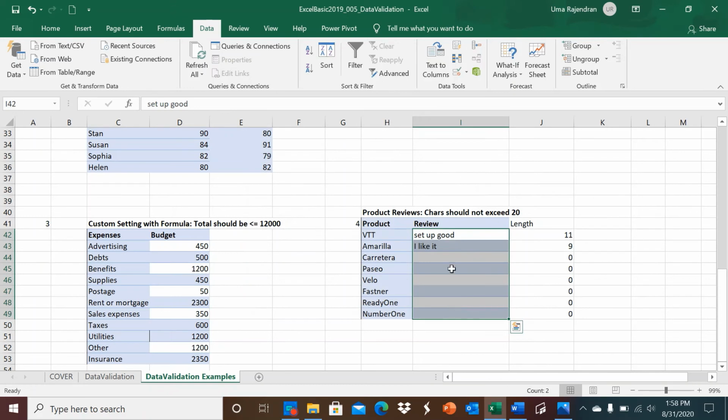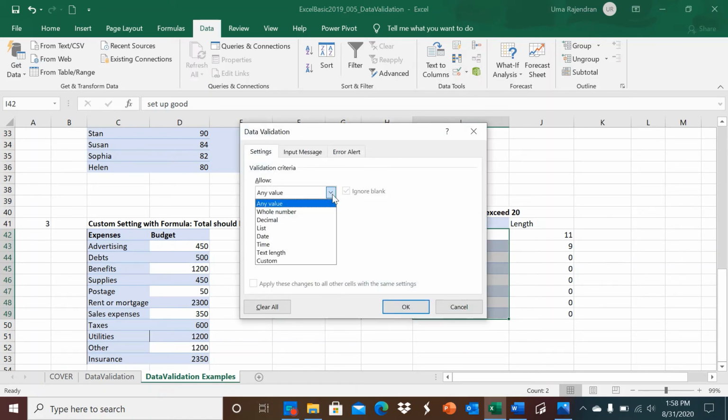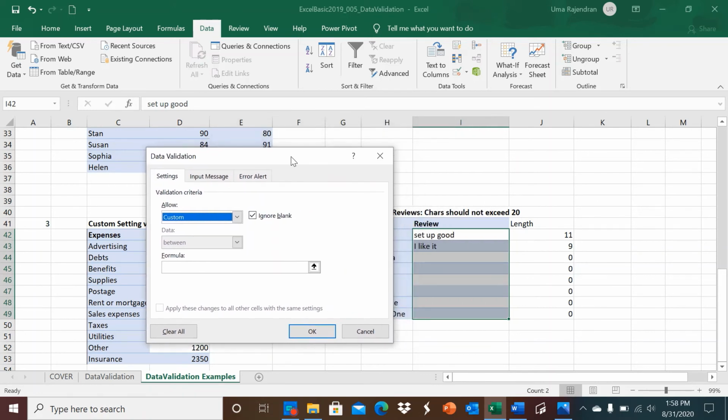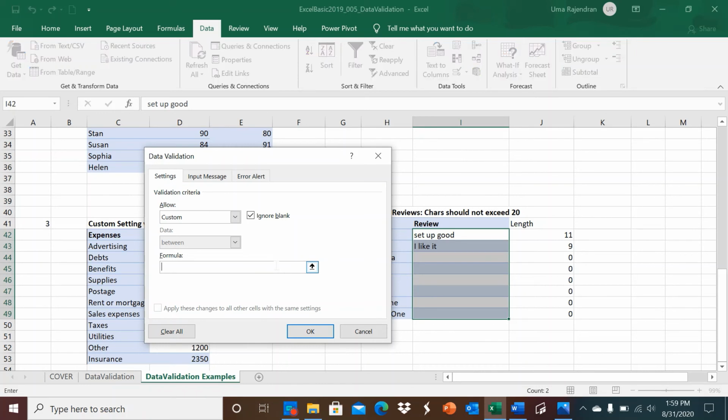So, we can also do it in a different way using custom and a formula. Again, you select the range, come to the data validation and select custom, and here what we are going to do is length of each cell. Length function will determine how many characters are there in that cell, including the space. So, we will set up a length function for the cell. So, it should be less than or equal to 20 characters. So, equal to LEN, the function length